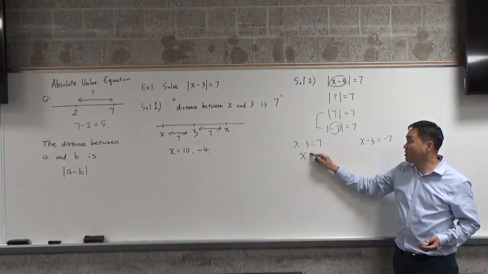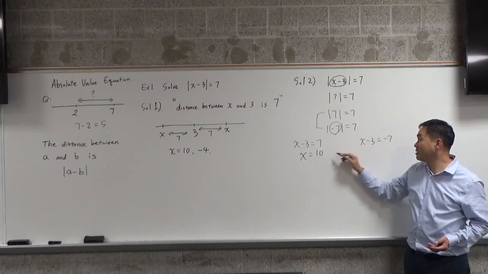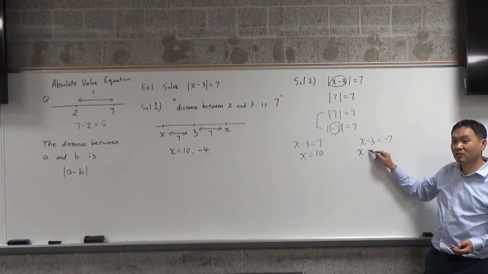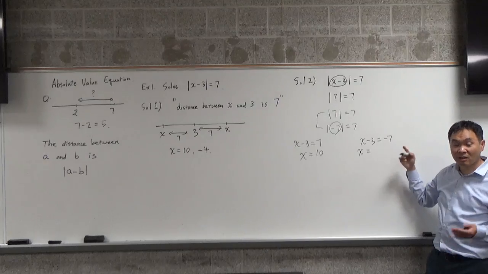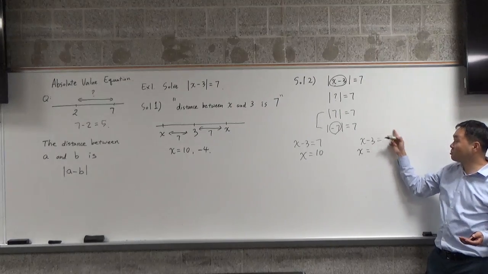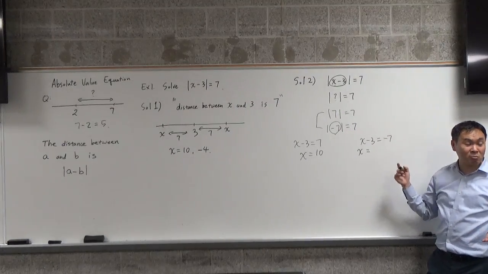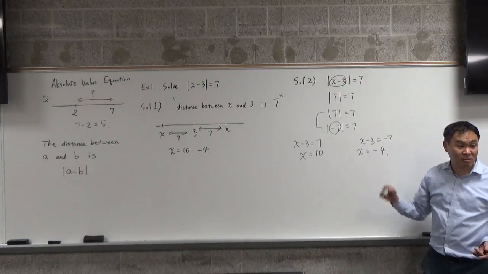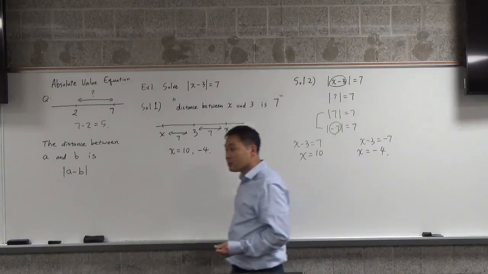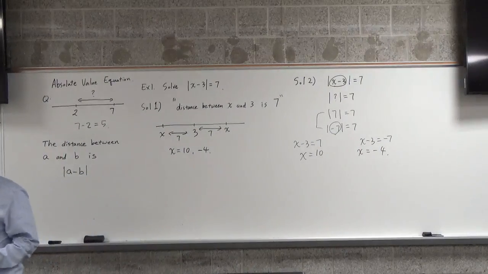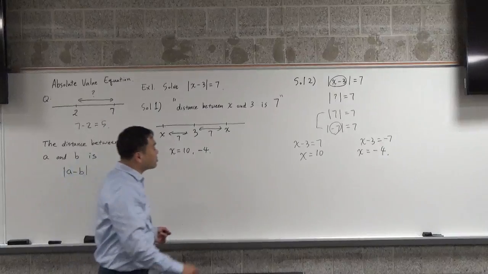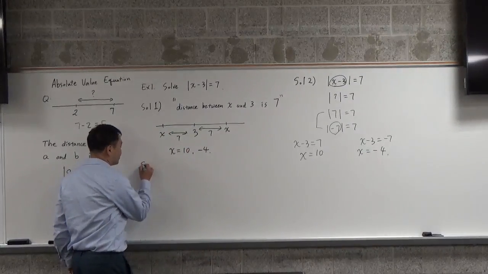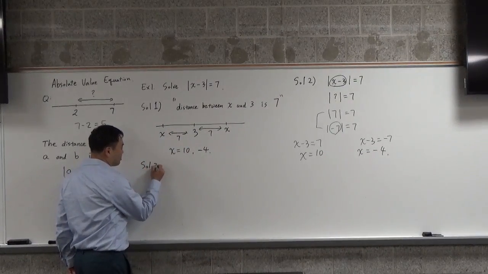Solve this, what do you get? 10. Solve this, what do you get? You add negative 3 to both sides. Negative 3, if you move it to the right side, it's positive 3. What's negative 7 plus 3? Negative 4. So you get the same answer as the left side. Is that okay? Now let me give you this third solution, which is quite nice, but